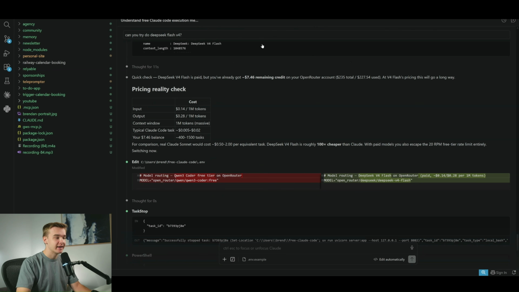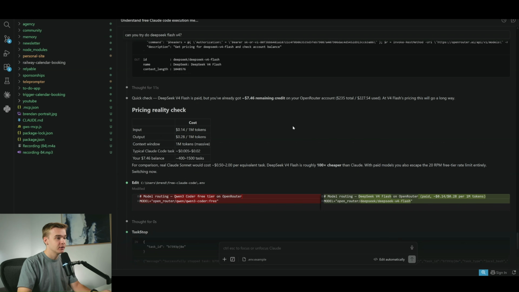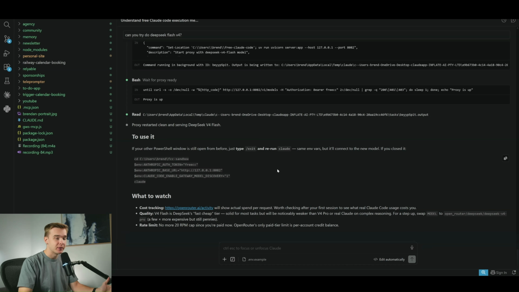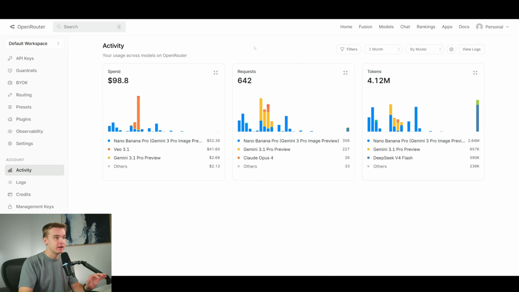And when I went and compared this model to something like a Claude Sonnet model, you can see here that the DeepSeek V4 Flash model is 100 times cheaper than the Claude Sonnet model. So 100 times cheaper is obviously pretty significant, and that's a cost that you practically wouldn't even notice compared to using these very heavy Claude models. So you could pretty much just put $10 into your OpenRouter account and get this set up on this DeepSeek model through OpenRouter again. So if you have a look at the screen right here, you'll see on the right-hand side,